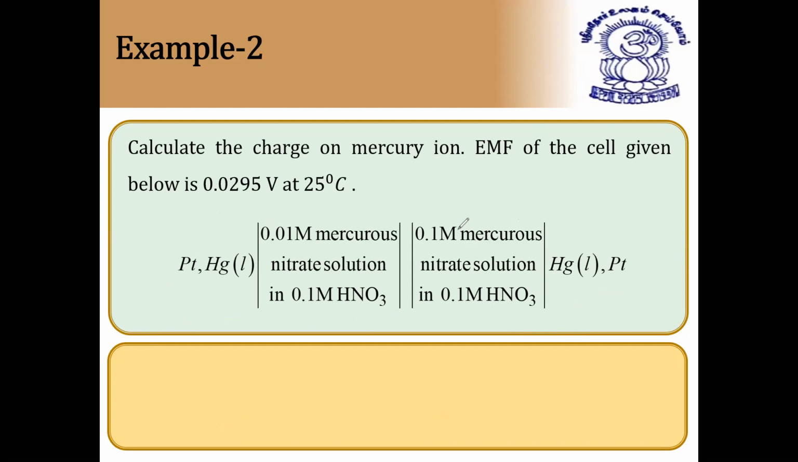Charge means here, how many number of electrons involved in the reaction, we don't know, because they are given galvanic cell representation and mercury is changing to mercury liquid. So they are given 0.01 and 0.1. So the concentration is given straight away. So easily we can find out. The formula is E is equal to